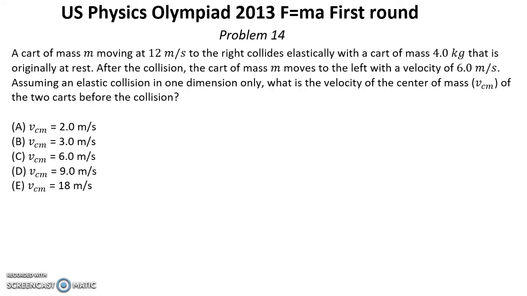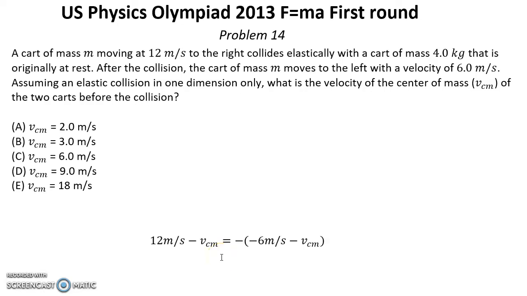Solution. In the system of center of mass, we have a collision during which two masses collide with velocities, and after collision they move with opposite velocities with the same magnitude as before collision. So it means that if the first cart moves initially at 12 meters per second to the right, and after collision 6 meters per second to the left, it means that